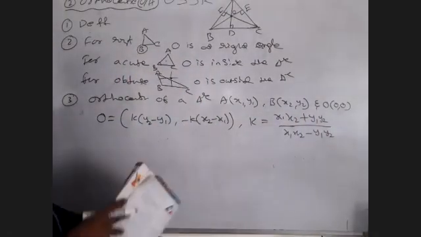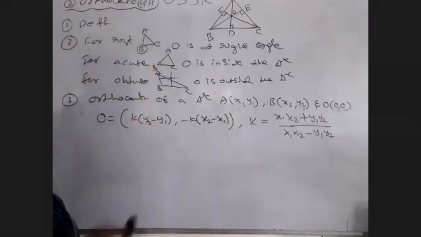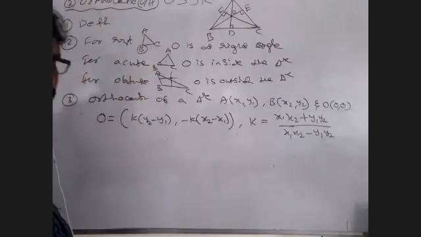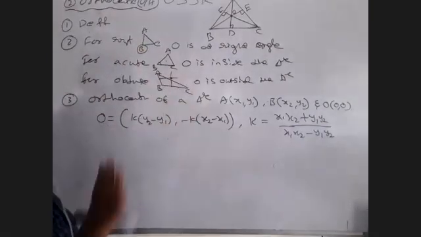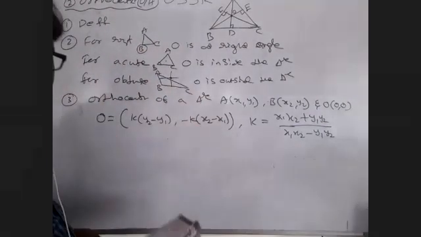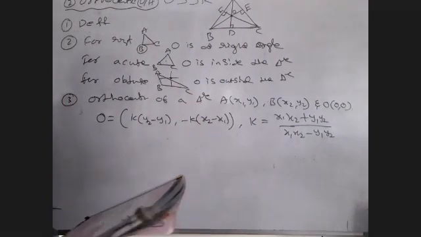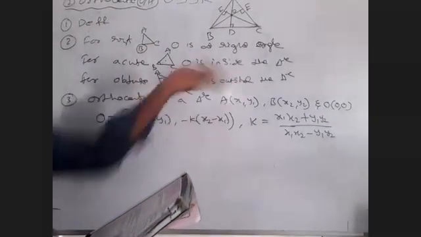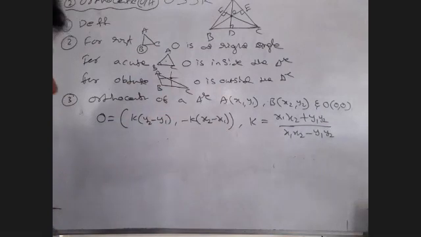Then only you have to apply. Otherwise we know the formula: perpendicular bisector, I mean altitude and altitude, then solving the two, you will get the solution. If one of the vertices is (0, 0), this is the process. And one more, if O is orthocenter of the triangle ABC.